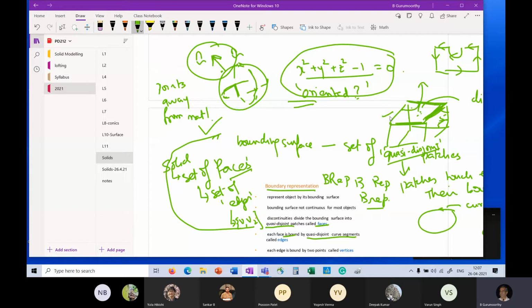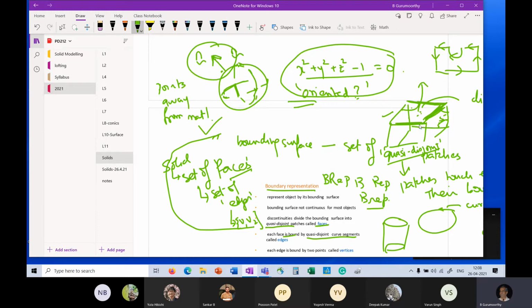So that's the representation. And the boundary of the surface patch itself can be represented as a curve. And again, I can have the bounding curve be a single curve, as in the case of a cylindrical surface, or a discontinuous set of curves, as in the case of a cube, right?